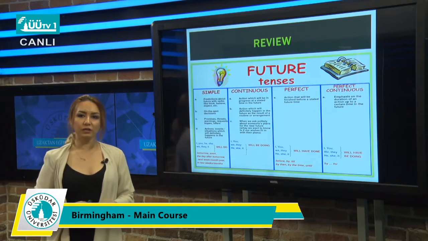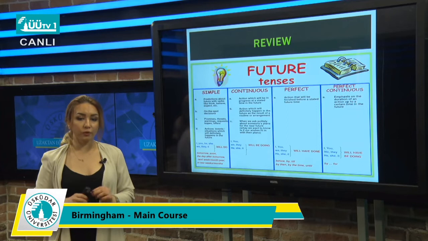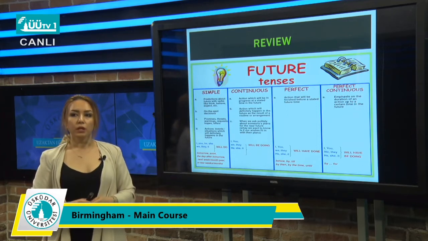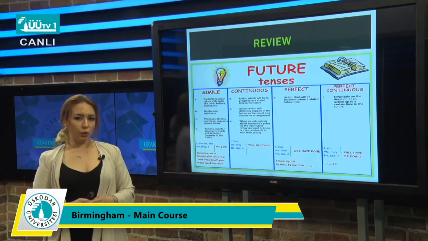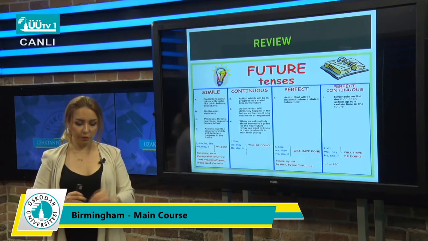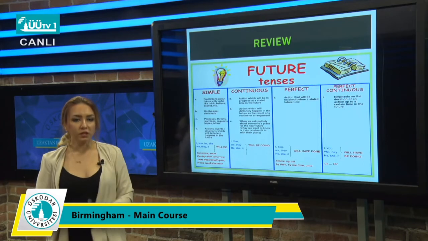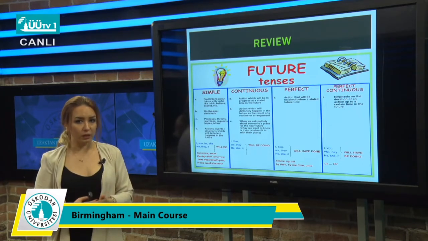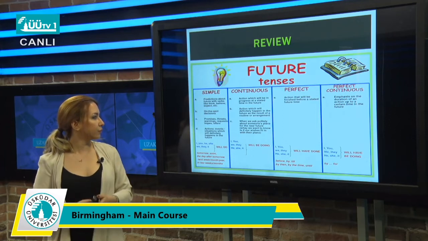So what kind of future tense do I use for this one? Of course, I use the simple one. So I will go to a coffee shop after my TV shooting. Did I plan it before? No. I just planned for my future. So this is one way that we use will, which is the simple future.